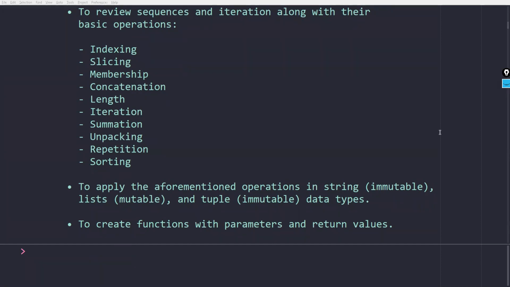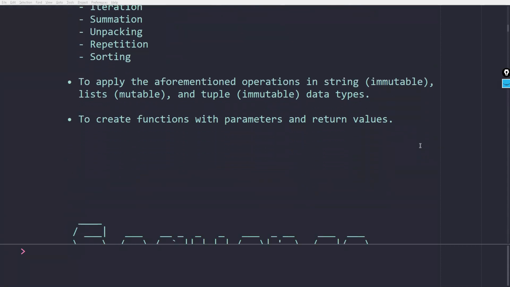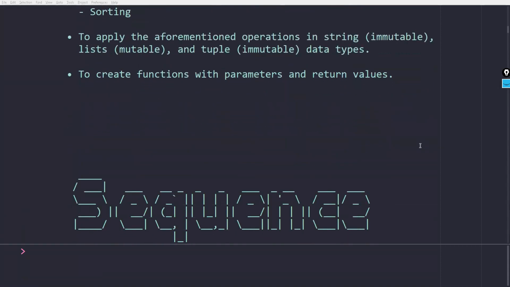So there are other sequences like byte arrays, but for the purpose of simplicity, we will only focus on lists, tuples, and strings. We will also create functions with parameters and return values. So to begin with,